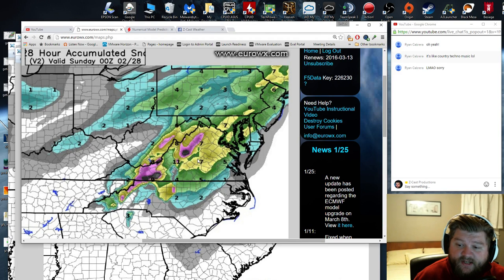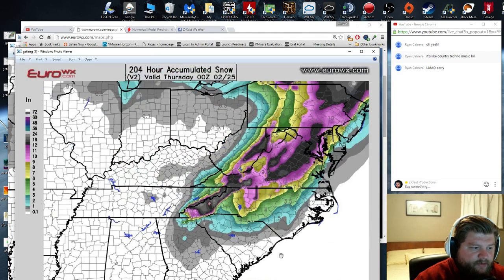And in this particular setup, where the Euro is saying there's going to be plenty of cold air to help with the rates of snow, historically speaking, those epicenters are going to be right in the Northern Virginia area. So I don't necessarily believe this as much as I would, say, this run here. Actually, not even so much that run. The run here,